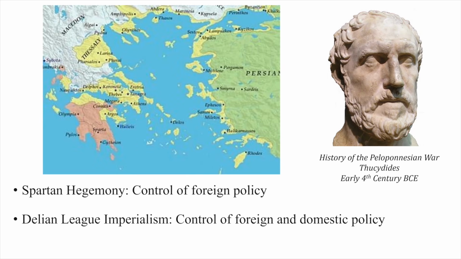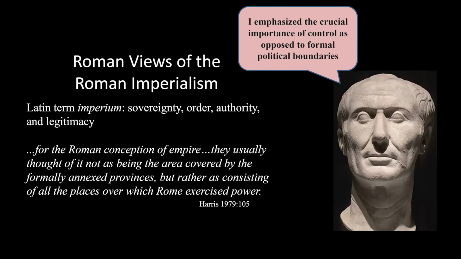So again, Thucydides was talking about this almost 2,500 years ago, so a very, very long time ago, and recognizing this distinction between two different types of polities. Julius Caesar wrote about imperialism and how imperialism works. Obviously, he was a ruler of the state that we now use as the prototype. And this is the root of the term empire, imperium.